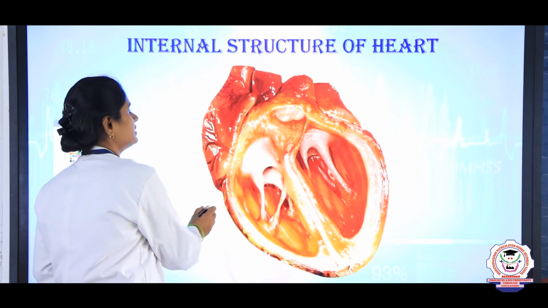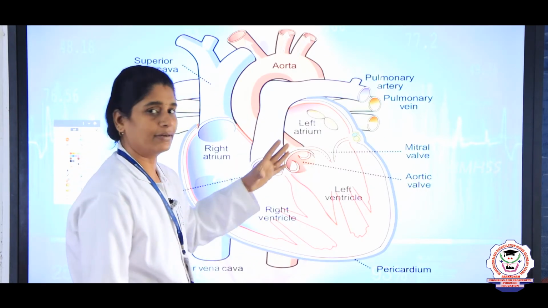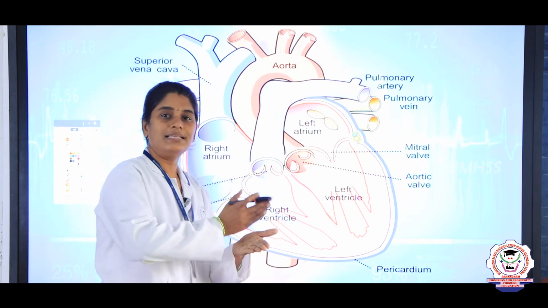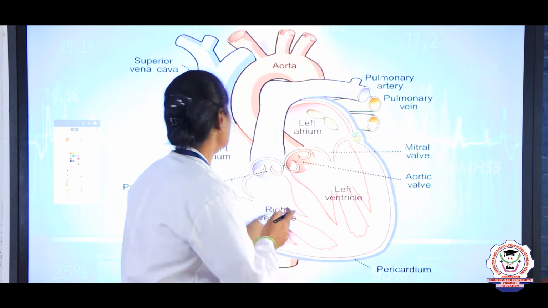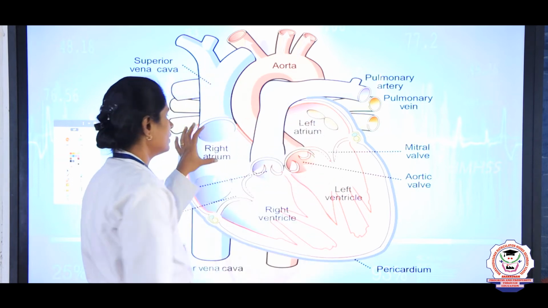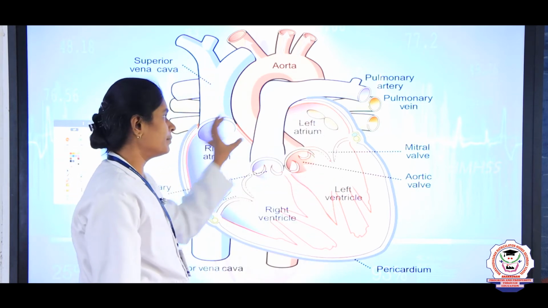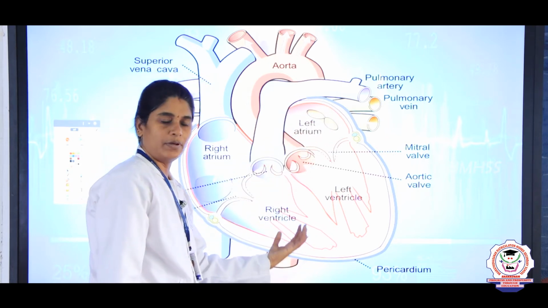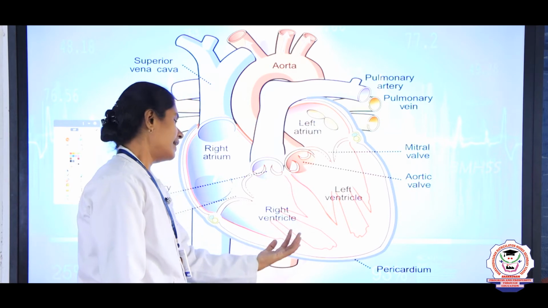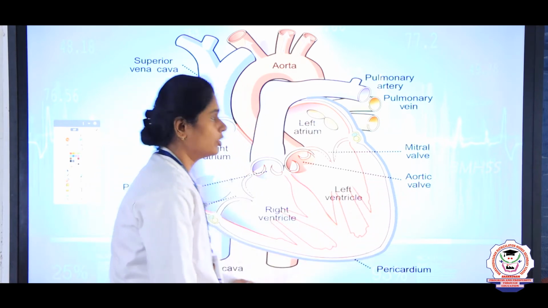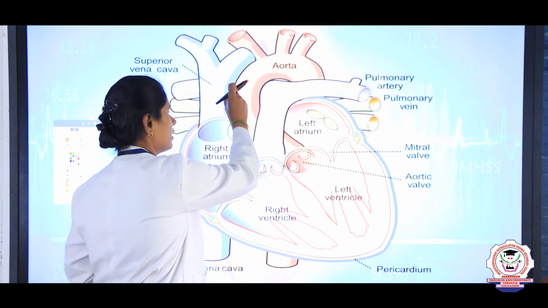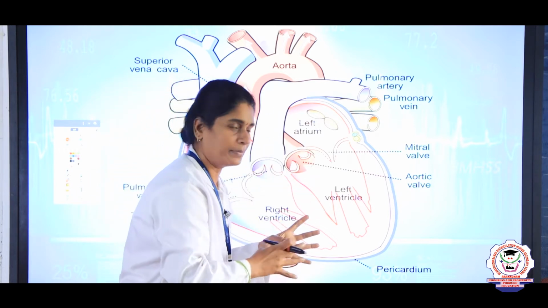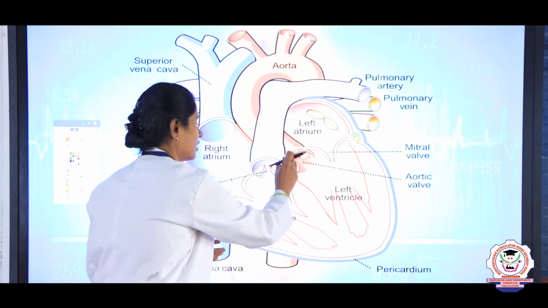Next we will see the internal structure exactly. When we take a cross section and see the heart, the heart comprises 4 chambers. On the right side it has a right atrium, and a left atrium, and at the bottom we can see the right ventricle and left ventricle. These 2 atriums are separated by a septum which is known as the atrial septum, and these 2 ventricles are